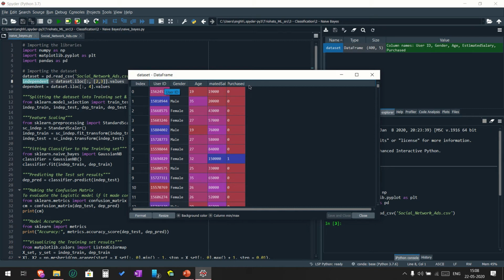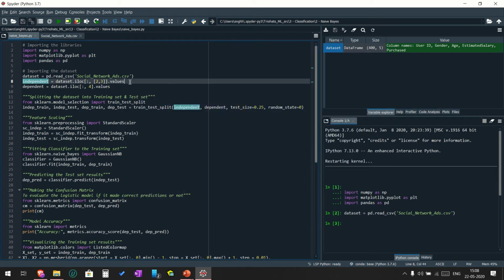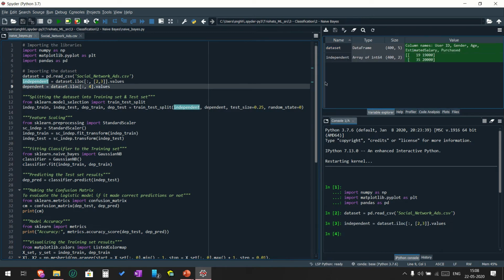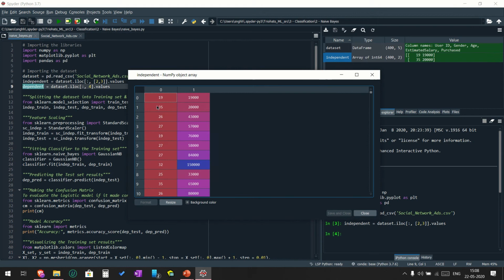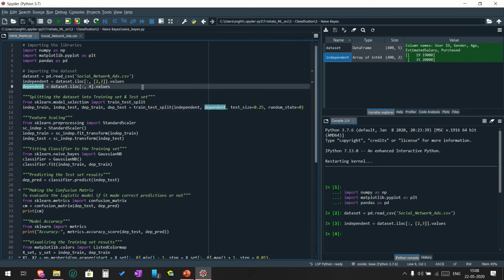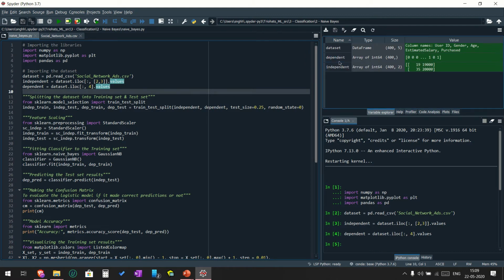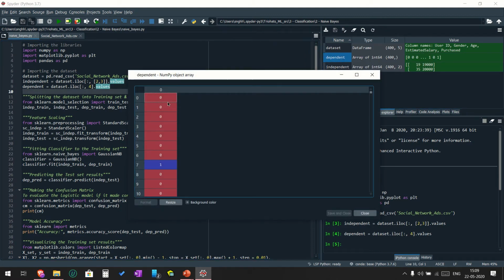Purchased is the dependent variable or column, and in this case we only need 2 independent variables, that is age and salary. That is why we have extracted only the third and fourth columns, and the dependent variable would be the last column, the purchased column, right? So this is the purchased column.